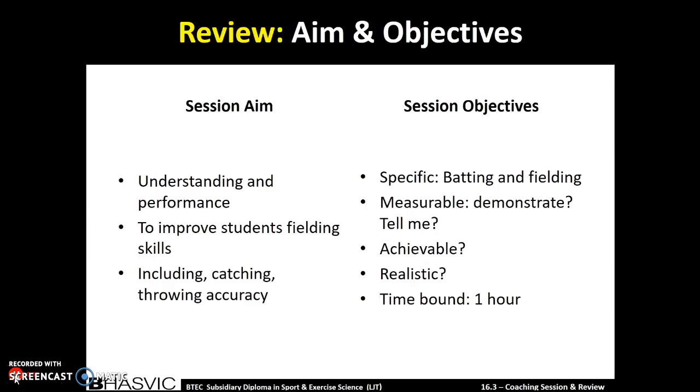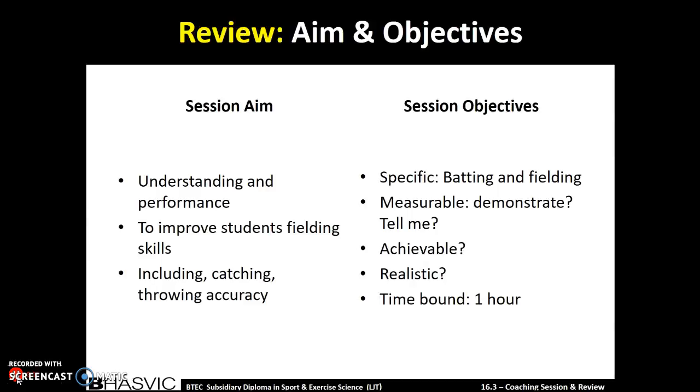The response I received was very positive, which led me to believe that I had been successful in reaching my aim. I also asked students questions after I had explained exercises to make sure that they fully had gained a better understanding of what I was asking them to do within the exercises. I also made sure that during my exercise I met all the criteria within my SMART target, such as things like my session was very specific towards striking and fielding sports.